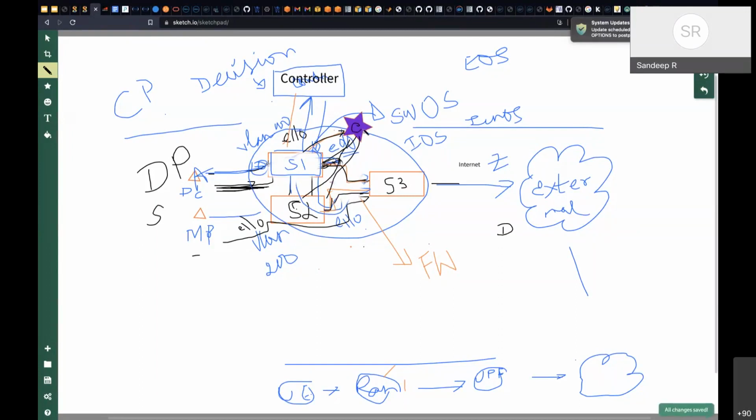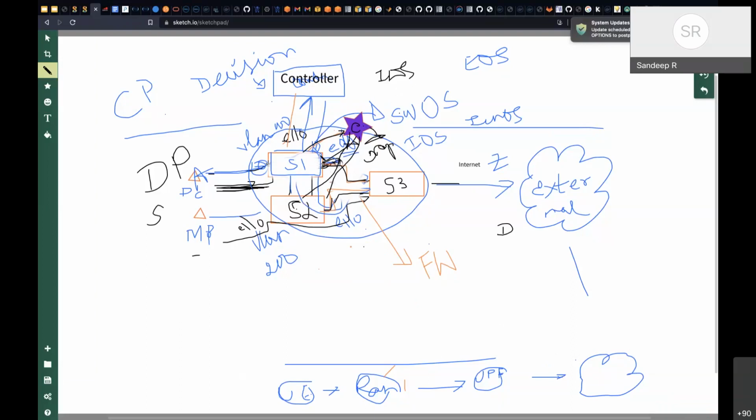If the firewall decides to drop a packet, it will not send the packet at all. In that case, those packets will just get dropped at the firewall. So it will just drop it here. That way your firewalling ensures that all packets coming from S1 and S2 are inspected and dropped. This is what we'll actually see, how to do a drop with this inspection IDS system. Instead of a firewall, I'm using an IDS. It is also similar to a firewall, just that it does signature inspection instead of a stateful protocol inspection.